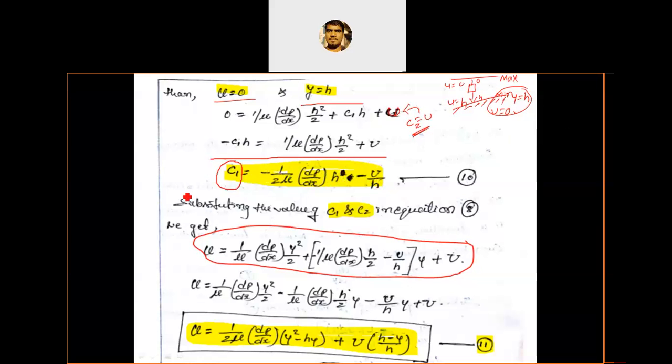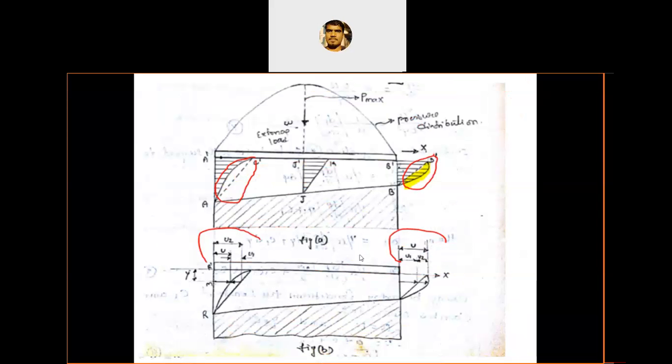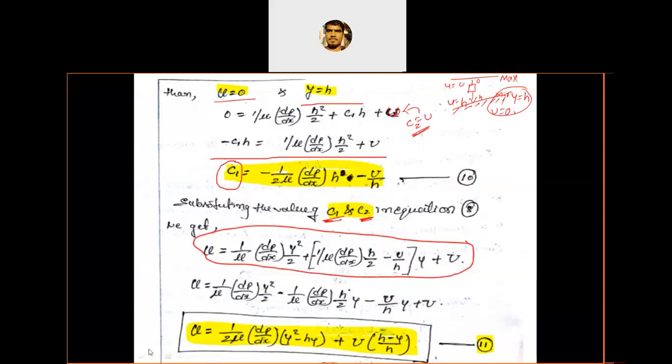Okay, so we got the value of C1 and we got the value of C2. We got both integration constants C1 and C2, and substituting these in the main equation, u becomes u is equal to 1 by mu dp by dx y square by 2 plus, that is for the C1 value, minus 1 by mu dp by dx h by 2 minus U by h into y, plus C2, that is capital U. Okay, and rearrange the terms. If you rearrange and simplify,